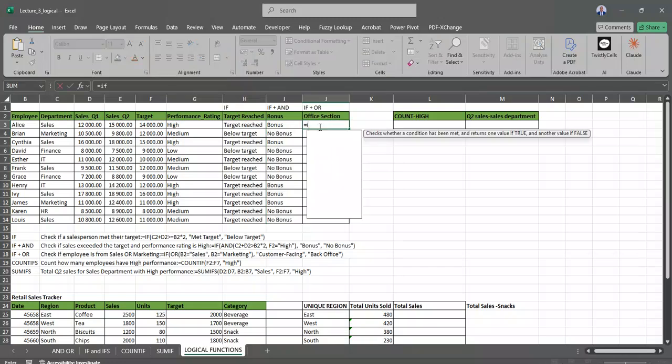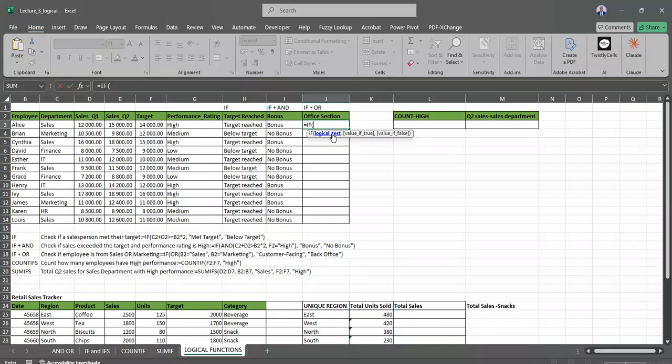So we want to check if, so I want to write it straight away instead of writing initially. So we are writing the OR. If this equals sales, and mind you, this is case sensitive, sales, or this equals marketing,